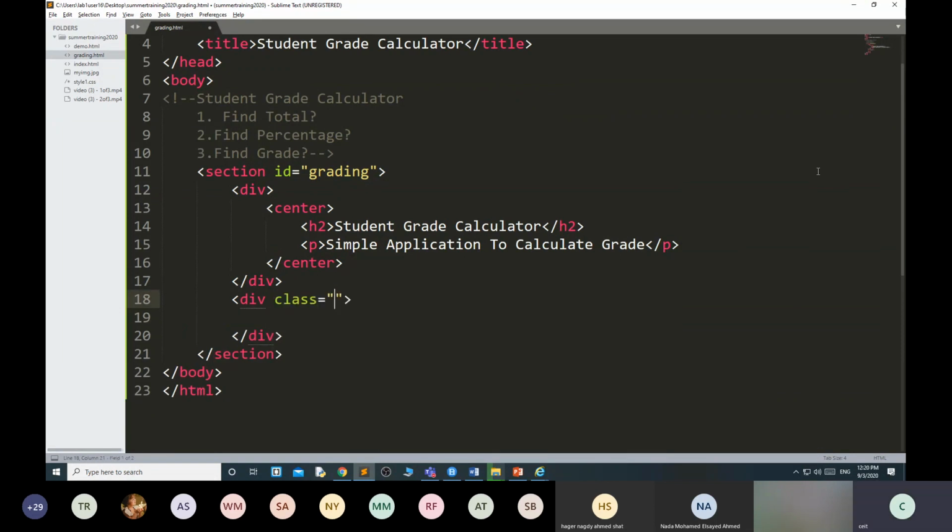And here I'm using the class name. I already told you that either you can use the ID or you can use the class. Contact form. Not contact form. This is, you say that, grade form. And inside that I have